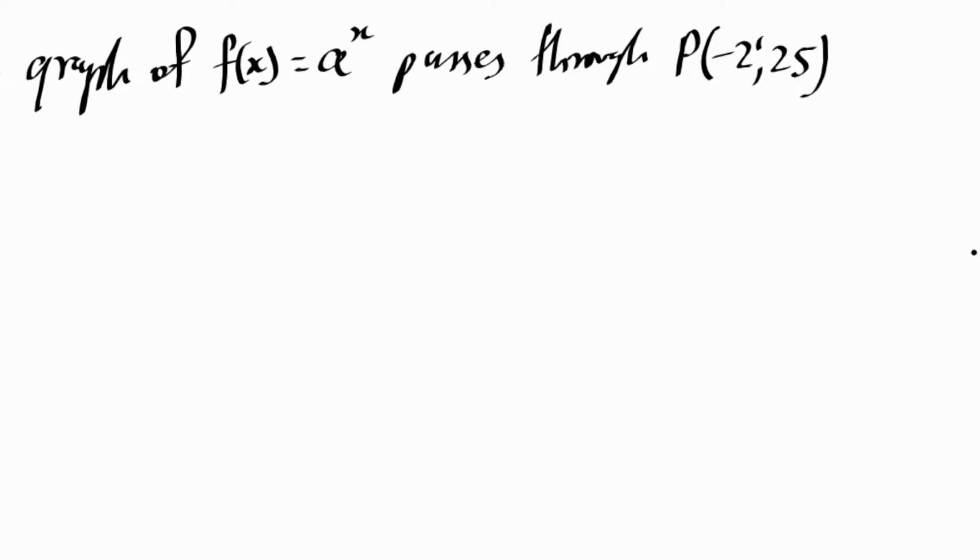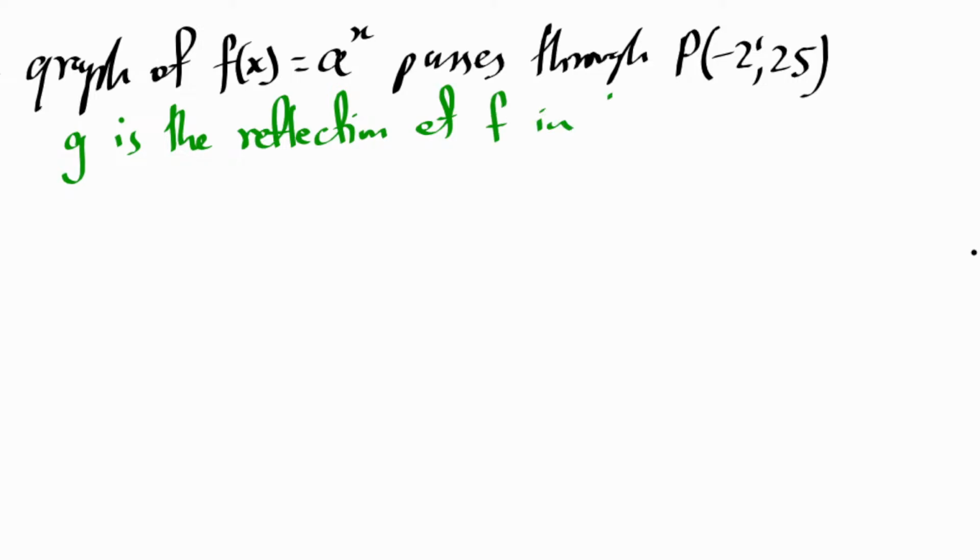Then we are also told that there is a graph G, which is a reflection. So G is the reflection of F in the line